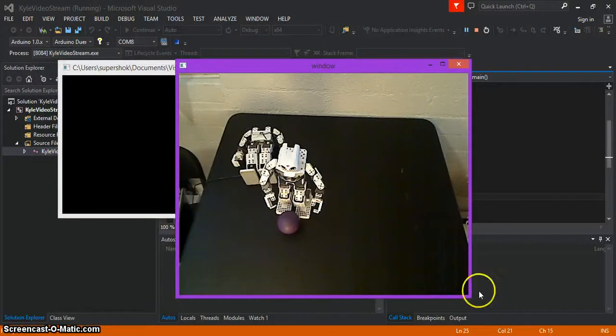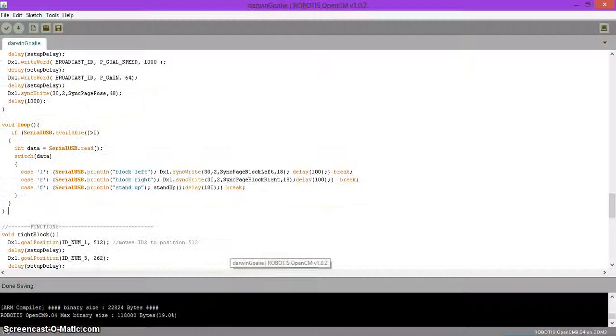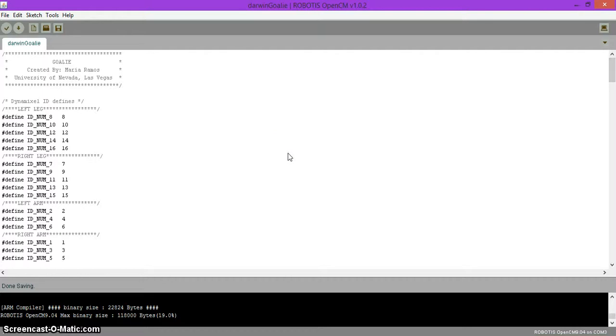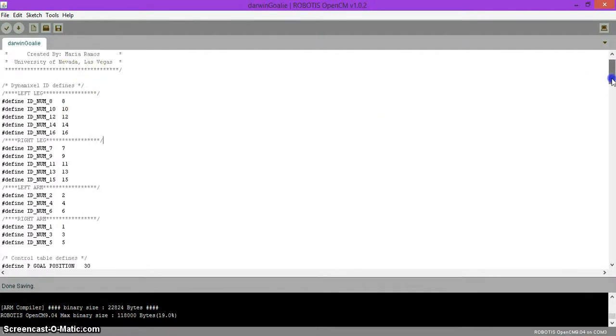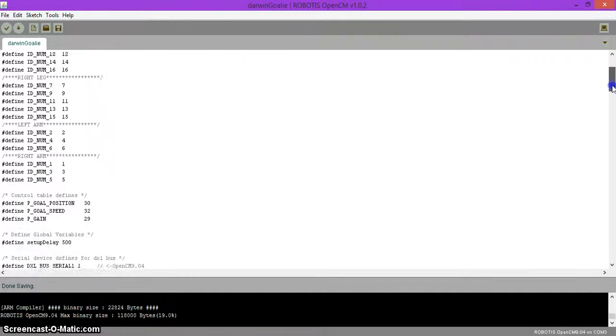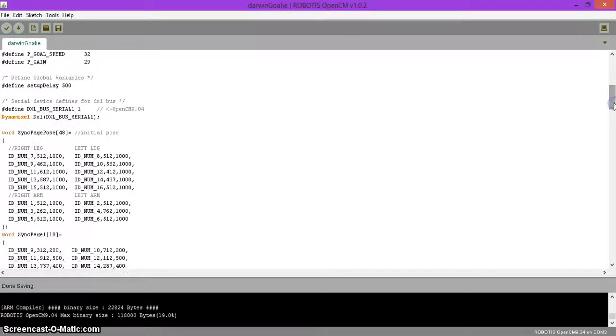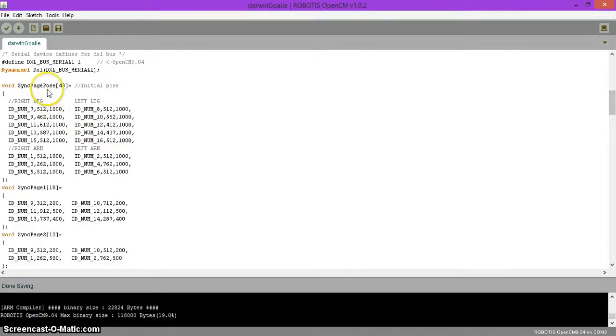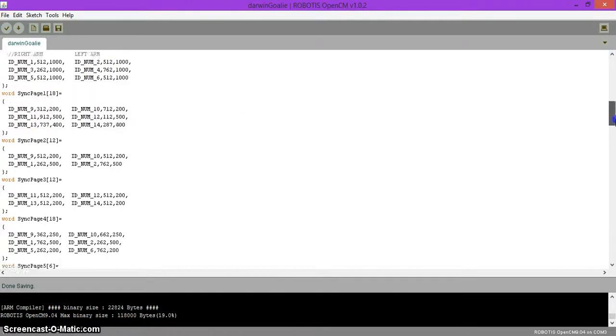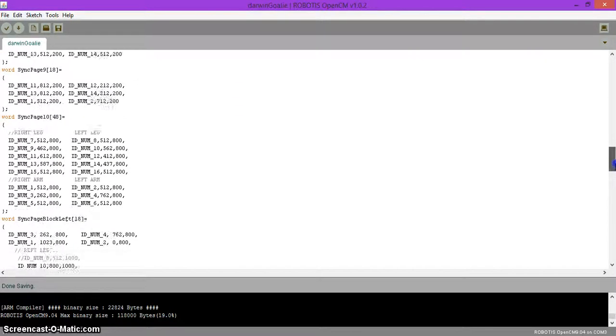So I've created a program here using the OpenCM IDE, and you can find it in the link below. It's called Goalie. I've defined all the dynamixels by their ID numbers, and then down here I've given it a starting pose, so it's just going to stand straight up. As you can see, these go with the right leg, these go with the left leg, left arm, right arm. Alright, so I'm not going to get too much into the code, but